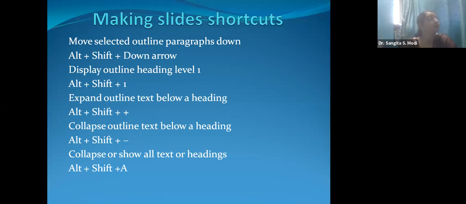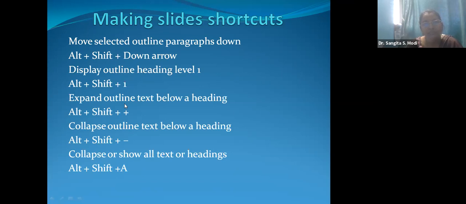Here we can do making slide shortcuts. Different types of shortcuts are given in this menu bar. Go through that. Move selected outline paragraph down: at that time you have to press alt plus shift plus down arrow key. Display outline heading level 1: alt plus shift plus 1.